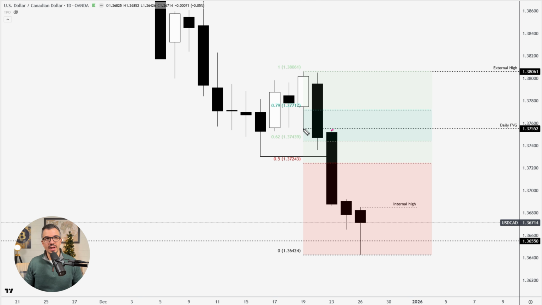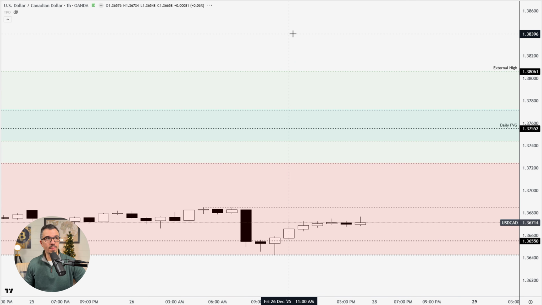Okay, and in a lot of cases like this, what I've seen is we'll come up here and we'll take out this high, potentially back here into this candle a little bit, and then potentially from there we get a retracement. Now, of course, there's no guarantee of this, but I think if you're looking for shorts here, this is it. Okay, now again, you could use this as a target if we were to get a move above this